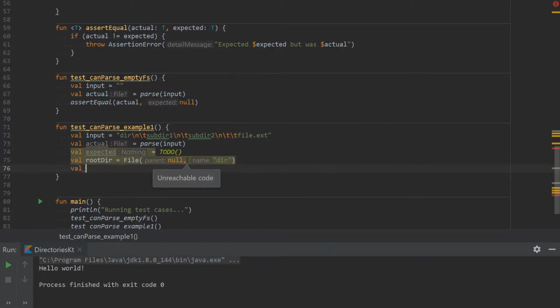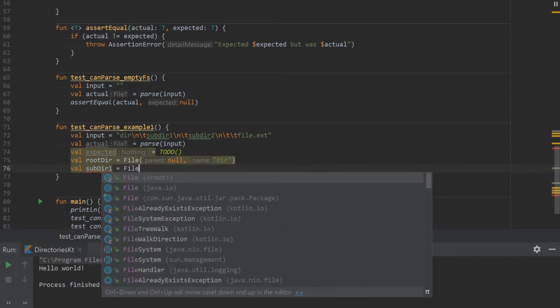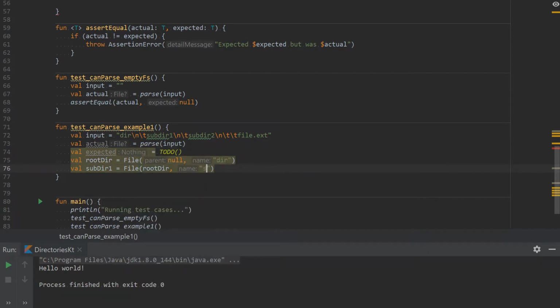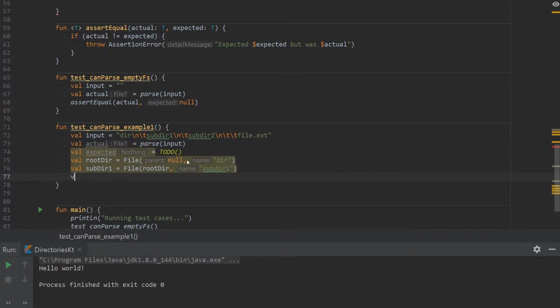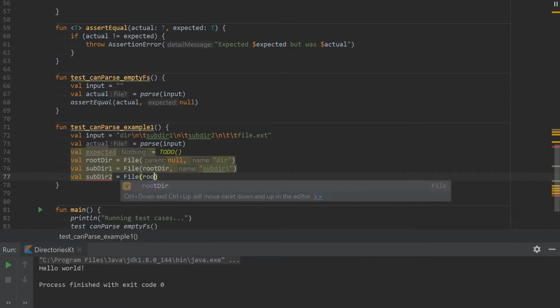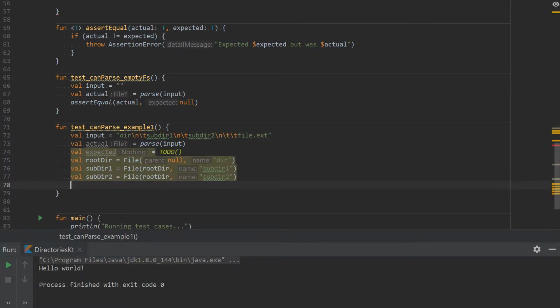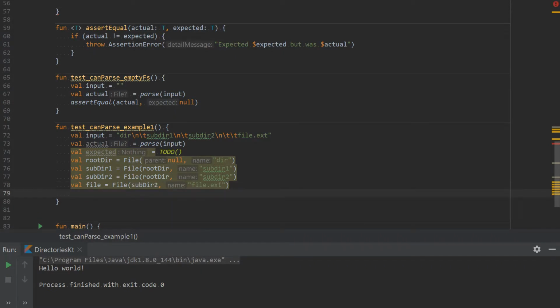And then I'm going to create subdir1, whose parent is root dir, and whose name is subdir1. And then subdir2 also has root dir as its parent, and its name is subdir2. And then there's going to be the file whose parent is subdir2, I believe, and whose name is file.ext. I use capital D for subdir. Okay, so now that this is fully constructed,